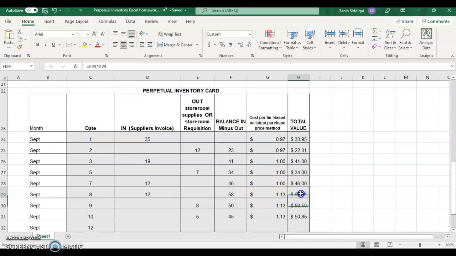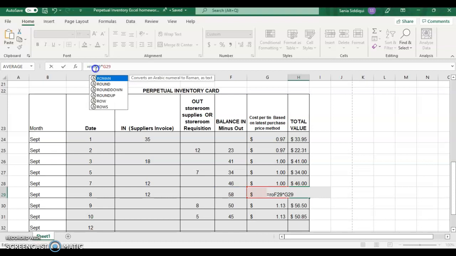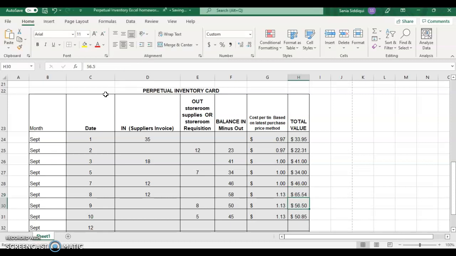So now what we'll do is use the roundup feature again. As before, we'll open up the cell, go into the formula bar, type in RO, double click on it, which opens up our bracket, erase the cell numbers and put in 58 multiplied by $1.13, comma 2, so that it rounds it to 2 digits, close bracket and hit enter. And that gives us $65.54